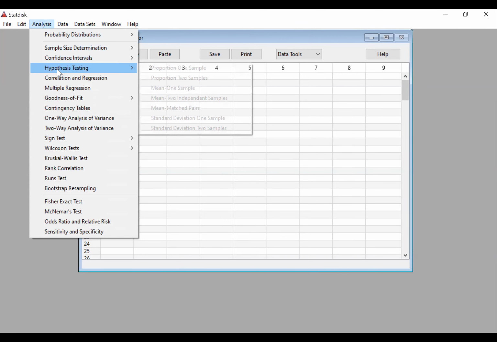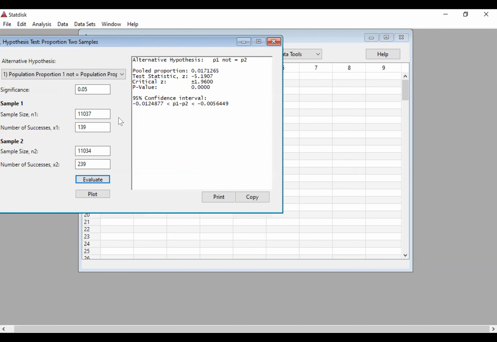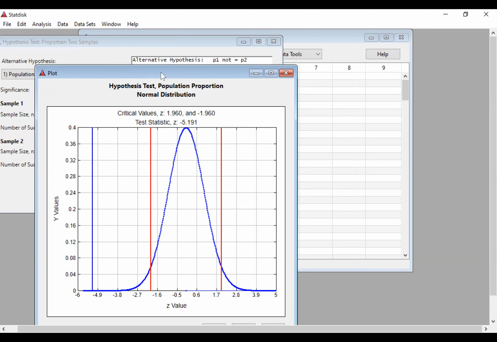where we're going to go analysis, hypothesis testing, proportion 2 samples. And now we're going to go ahead and put in all of our data. So our alternative hypothesis, it was the not equal case. It's a two-tail case. Significance level, there's our alpha. That's fine at 0.05. Our first sample size was 11,037 with 139 having heart attacks. Our placebo group had 11,034 in it with 239 having heart attacks. So if we go ahead, hit evaluate and hit plot,